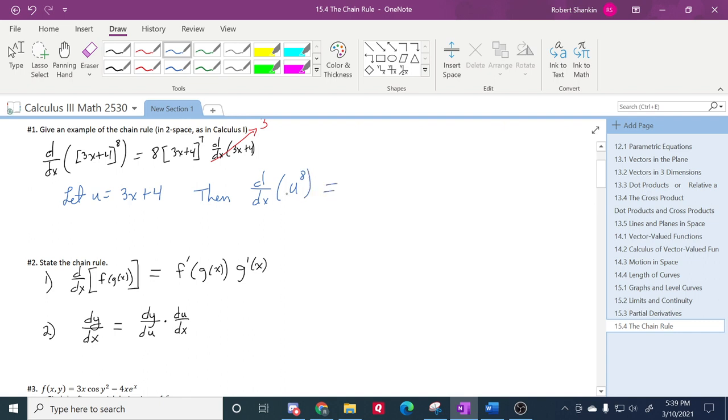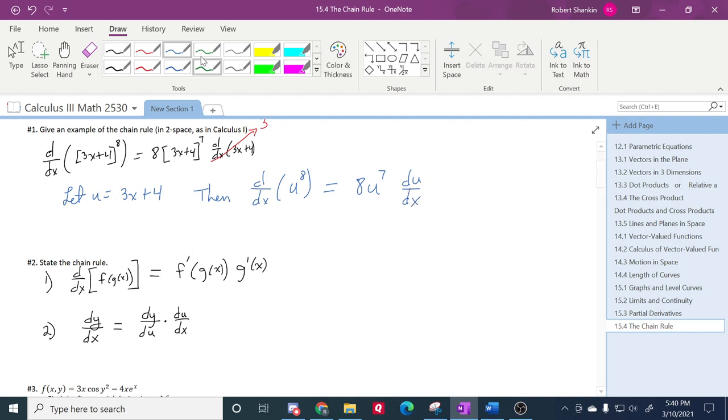And then that's going to be, when you take its derivative, we claim that this is going to be 8u to the 7th, and when you take the du dx,